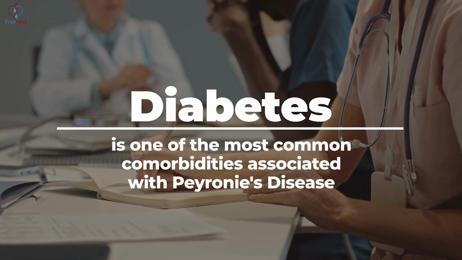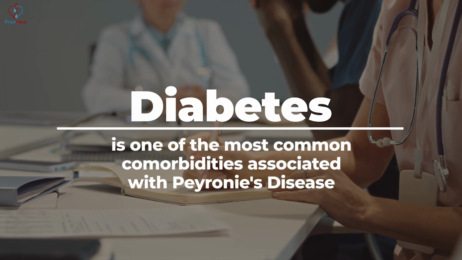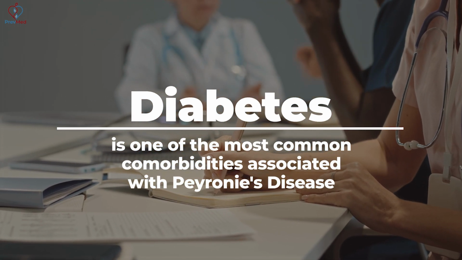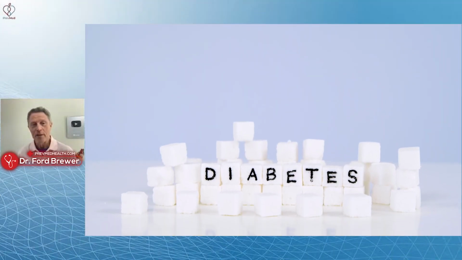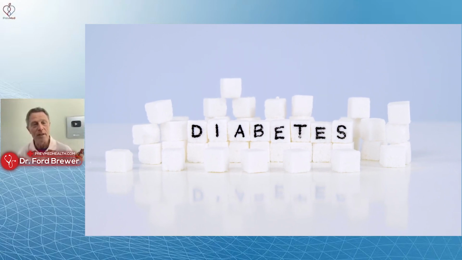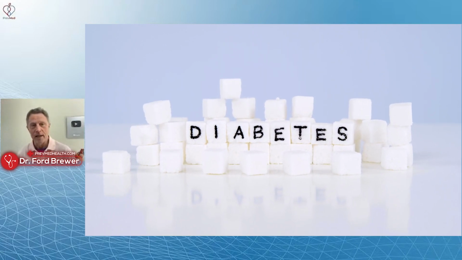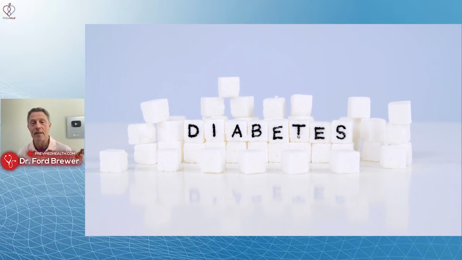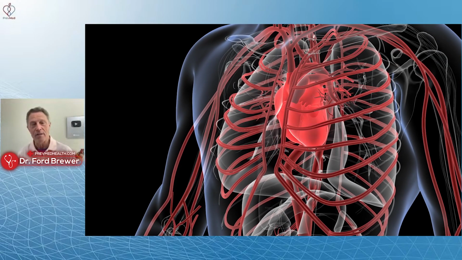Diabetes is one of the most common comorbidities associated with Peyronie's disease. And think about it, if it's not obvious, it's going to be obvious as soon as I ask the question, which is associated with which, or which might be causal of the other. Obviously, Peyronie's disease is not going to cause diabetes, but diabetes is likely to set you up for vascular inflammation,